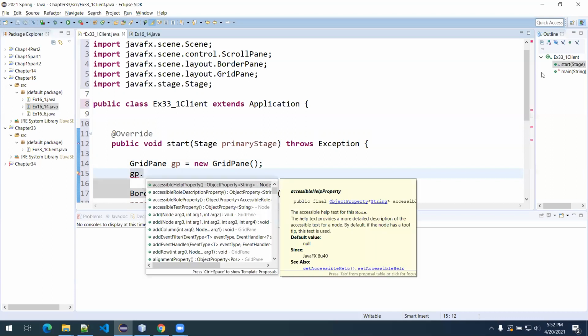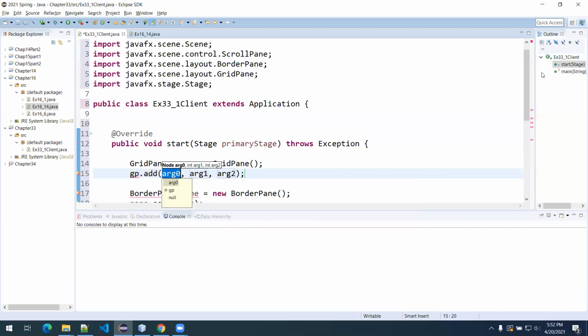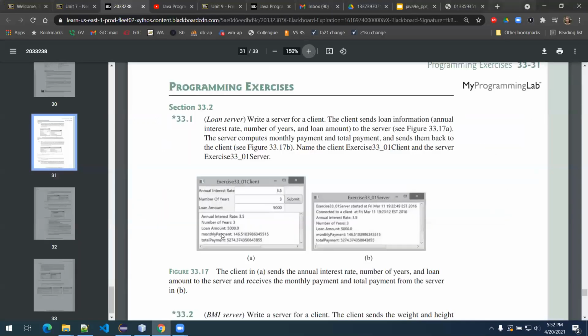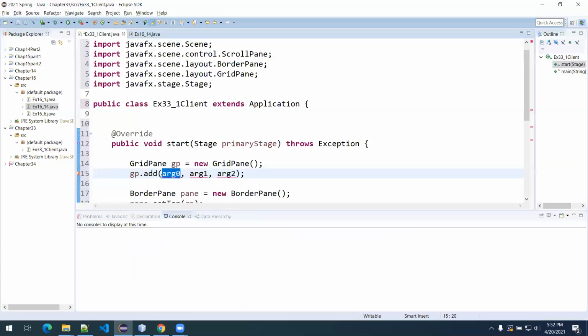And so every time I'm going to add a component to this grid pane, I'm going to call it by name. And then I'm just going to say add. And what I'm going to do is kind of a combination of techniques that we've operated in the past. So one is I know that I have to put in labels for each one of those fields. And labels rarely change. In fact, they're usually informational, so it's okay to kind of instantiate them on the fly and not put them into a variable, which is what I'm going to do here 3 times over. So I'm going to do it exactly like this. I'm going to say new label,